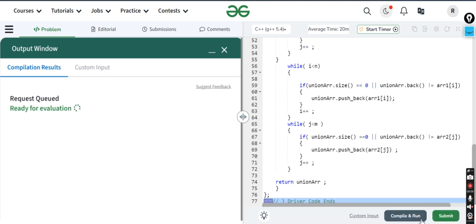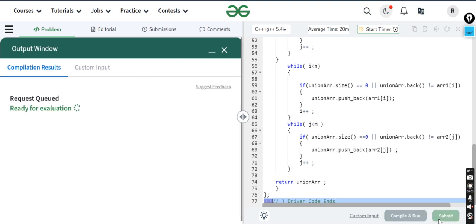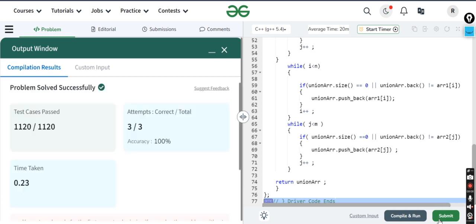It would be 100% running because I have solved it on my own, and then we'll submit it. Okay, so this question is also very important. I personally feel that you should write and learn this question because everything is very important. Start from brute, then go for the better, and then go for the optimal. It will surely give you the best result.